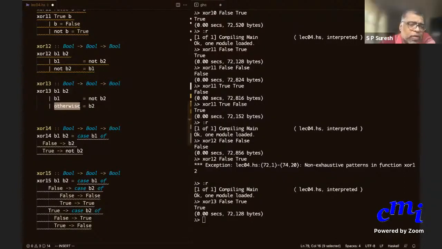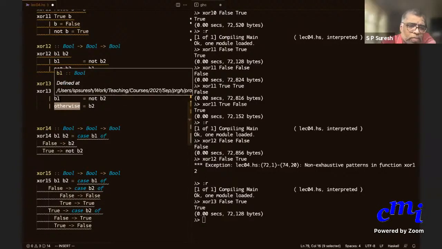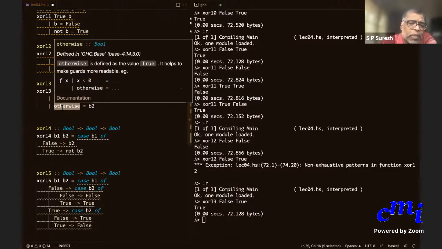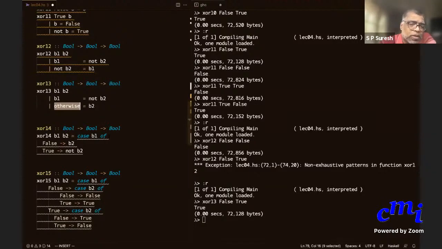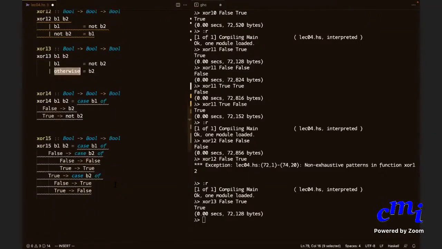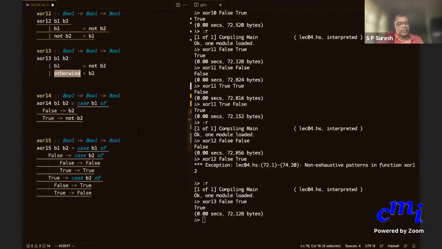When you say B1 here, you mean B1 is true, and when you say otherwise, you mean B1 is false. So if B1 is false and B2 is also false, then it should give true. No, it should give, okay, false. Sorry, I'm being crazy. No, it's okay. Yeah, okay, good.